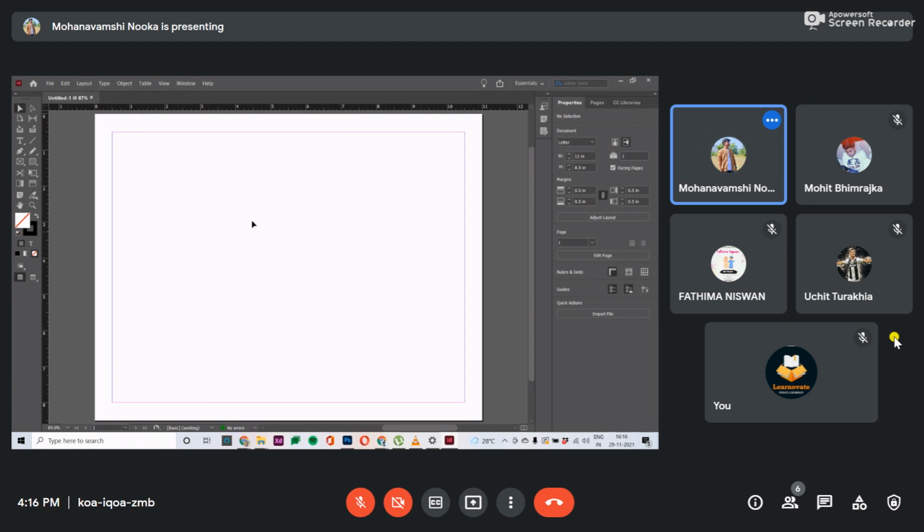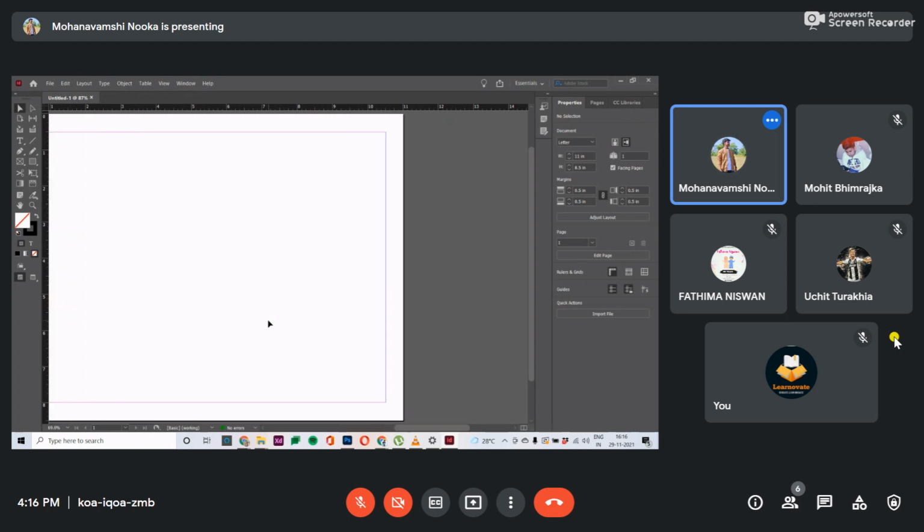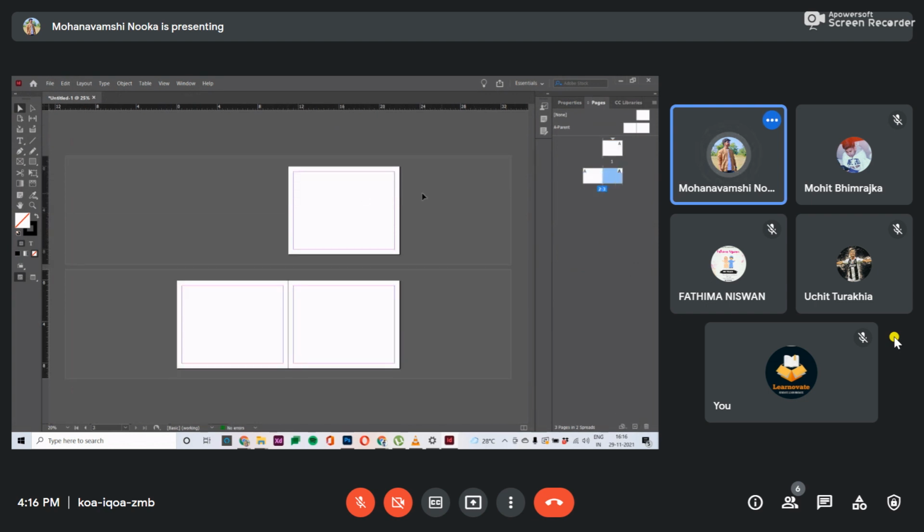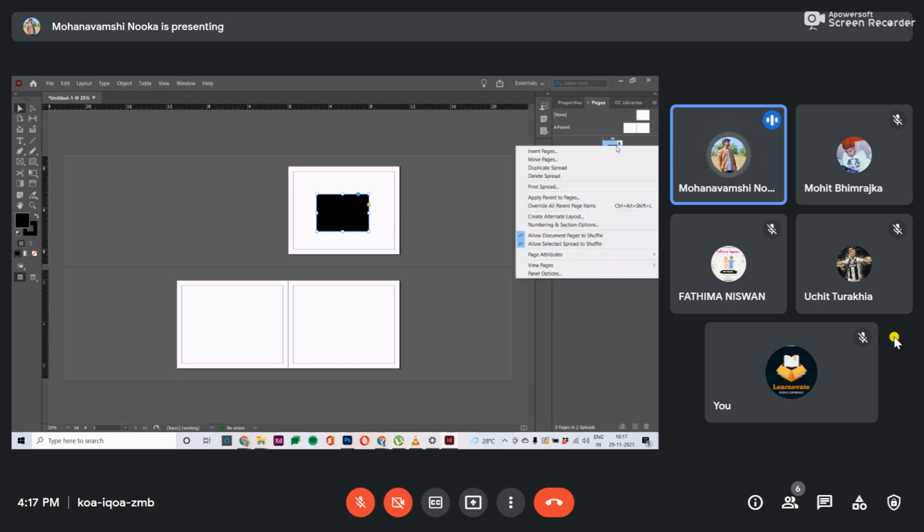So this is the artboard. For example, I want to make a magazine book. Control minus will make the artboard smaller, and control plus zooms in and out. For example, I want to create more pages like this. So I have created a few pages. For example, I want to add a box here, a black box. I want to replicate this box to all other pages also. So what I can do is go to this and